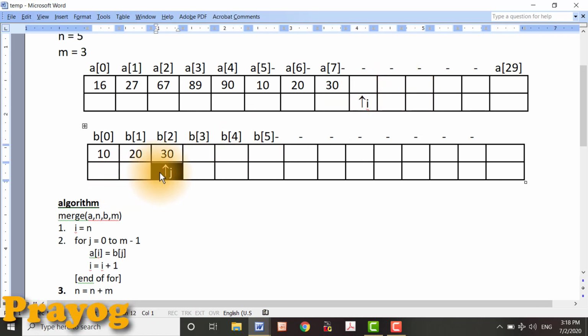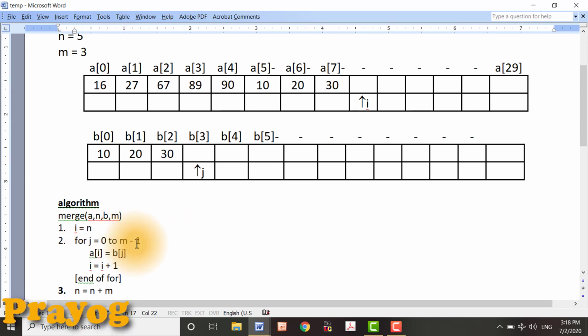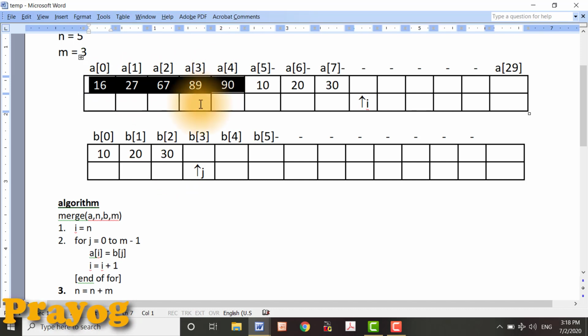Also the value of j moves to the next position, which is representing 3, but it fails to satisfy the looping condition, and hence the for loop is going to terminate. It comes to step number 3. Previously the array A was having 5 elements, 16, 27, 67, 89 and 90.